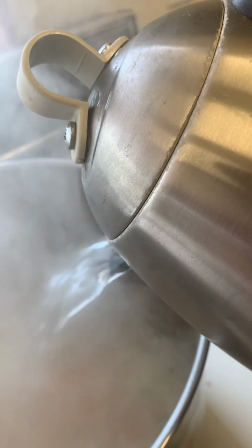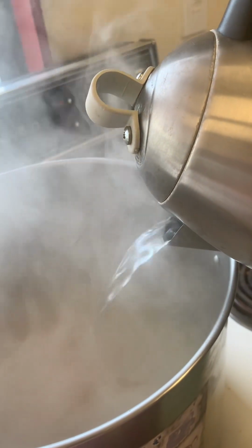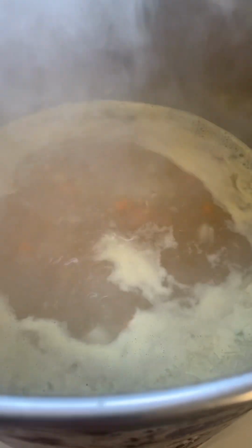I tip the hot water in first, and then I pour in the soup packet. Bring that to a gentle simmer and stir it in between for about 40 minutes to an hour max. If it gets a bit foamy like this, you can just skim the top. Then it's just a matter of salt and pepper to season to taste, and you can add other things like